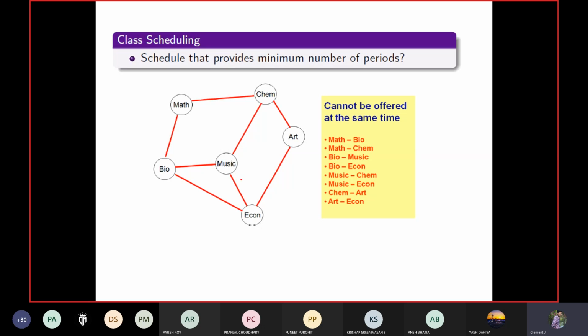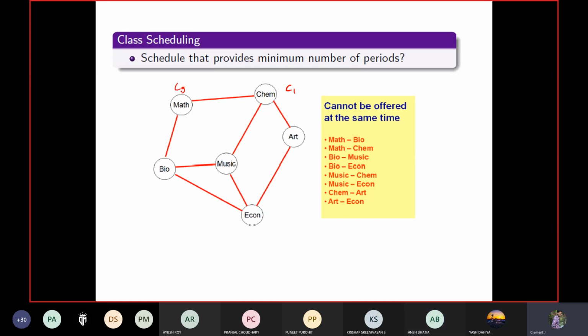So now you can just consider this as a graph. What will be the chromatic number of that? That's what we are going to discuss. See here, if I mention C1 color for math, then the art vertices cannot receive the coloring label of C1.